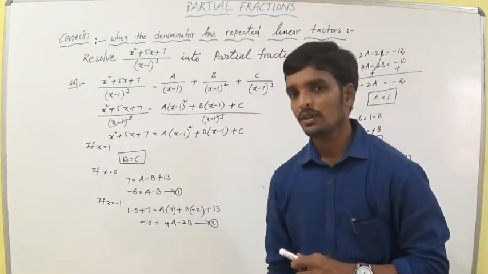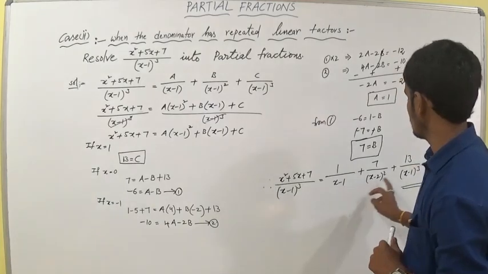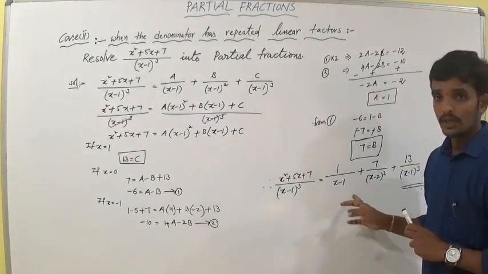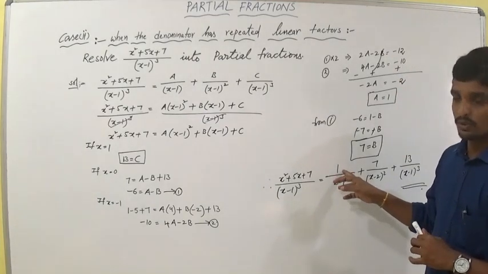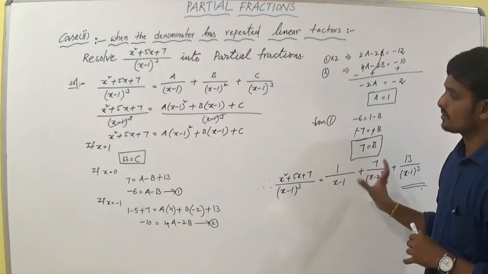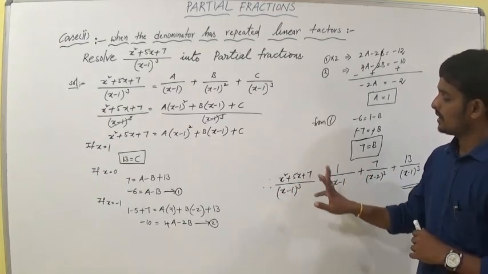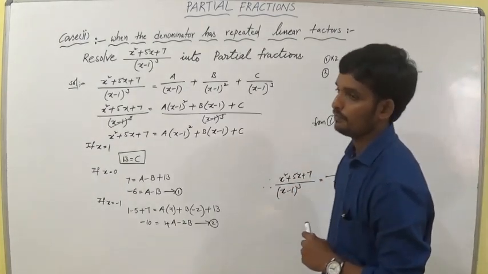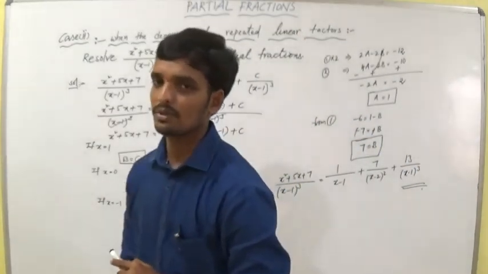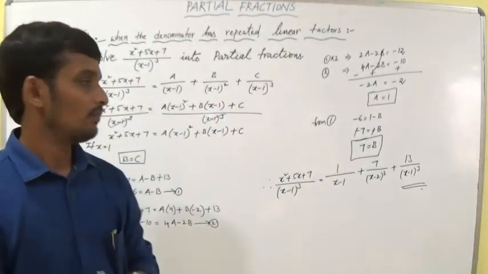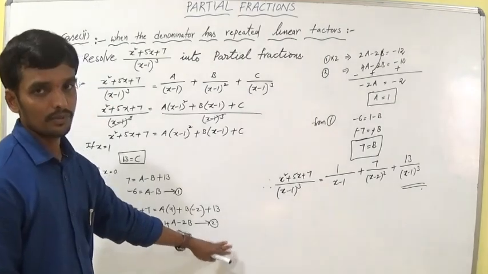You have to verify. So find the LCM of the denominators, x minus 1 whole cube. Here, x minus 1 is cancelled, leaving x minus 1 whole square. Plus, here you can solve. So you have to get x square plus 5x plus 7. The denominators are the same, x minus 1 whole cube. This is the problem in case 2. Note.